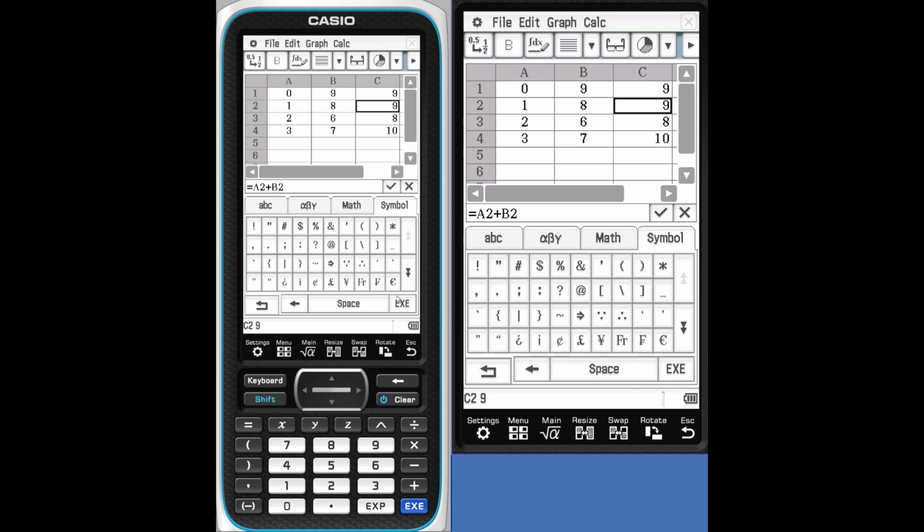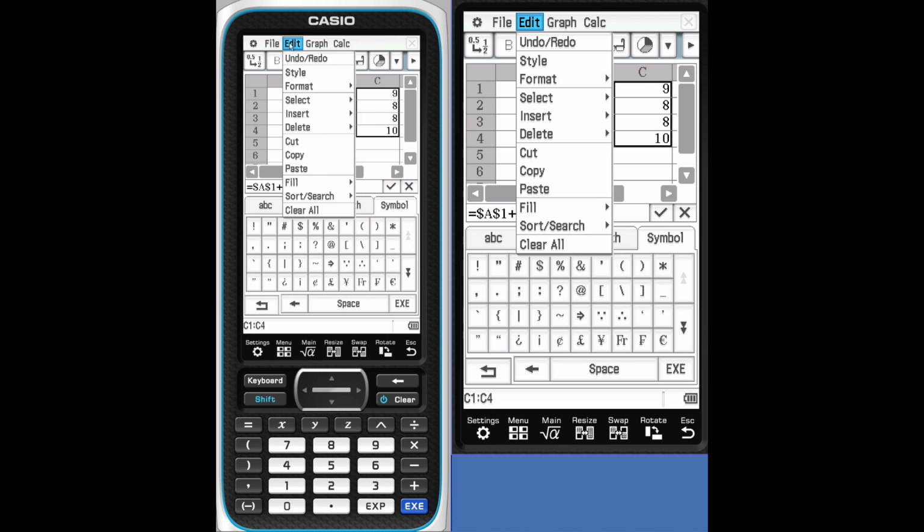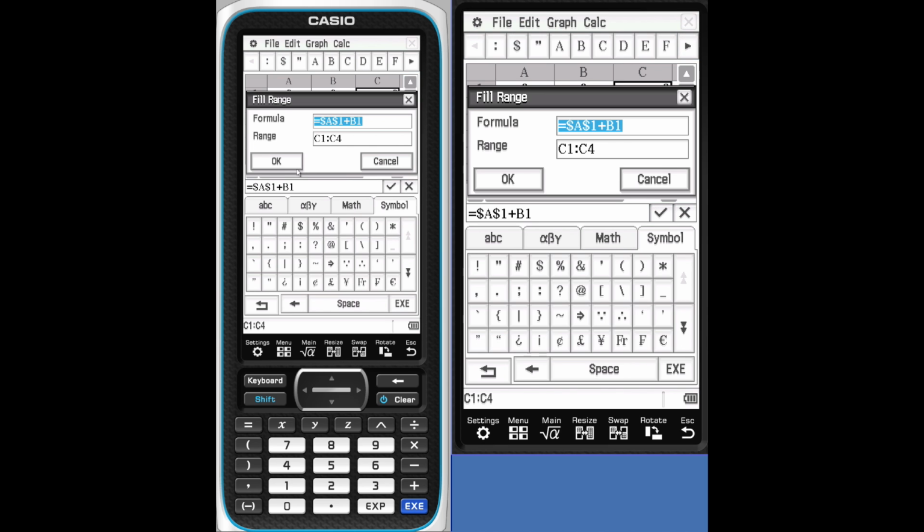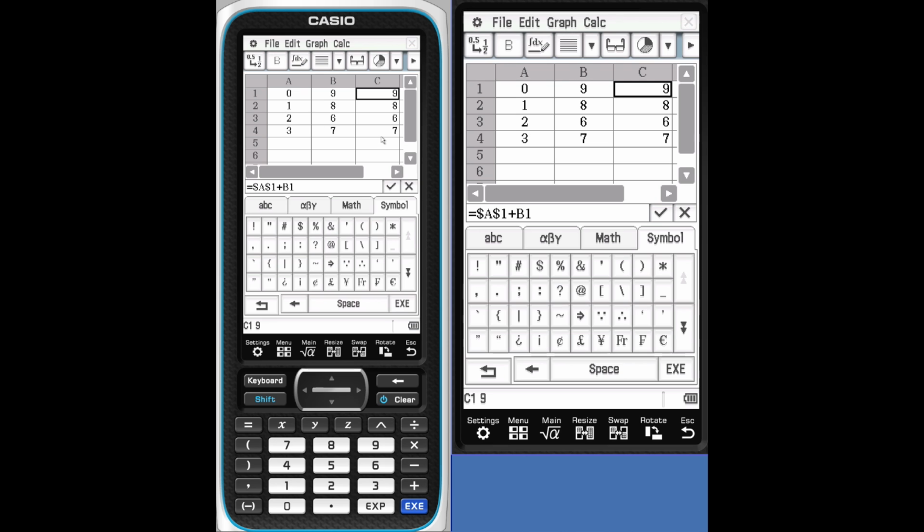So if we wanted to hold everything right at cell A1, we put $ signs in both of those positions. We hit execute. And then again, if we wanted to do some calculation where it's all based on A1, we're going to tap and hold. Let's move it back up. Tap, hold, and then drag down. And then we're going to go ahead and edit and fill our range with that formula. And the formula now changes.